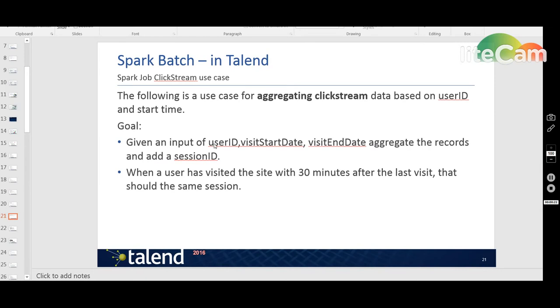It will have a schema of a user ID. It usually would be a cookie or something like that, so a hash, but in this case I just wrote users. The start date and time of the user's actions on the website, and when he left the website. Now, a user could have done more than one entrance in the same day. We want to aggregate this